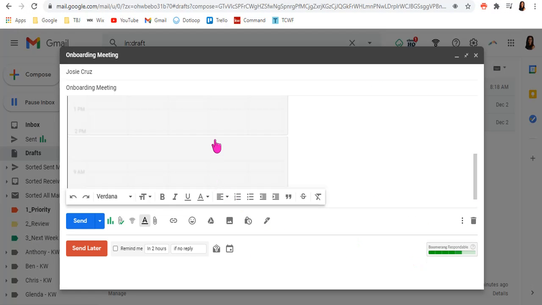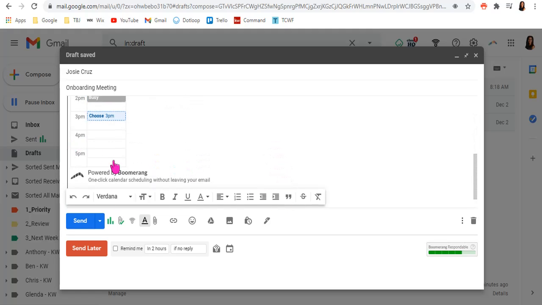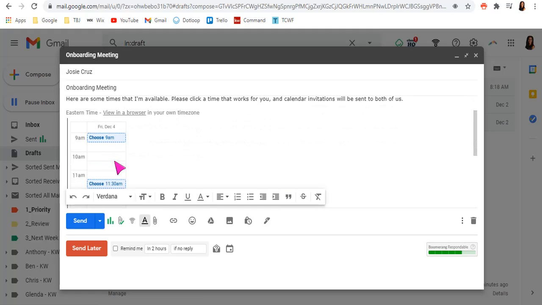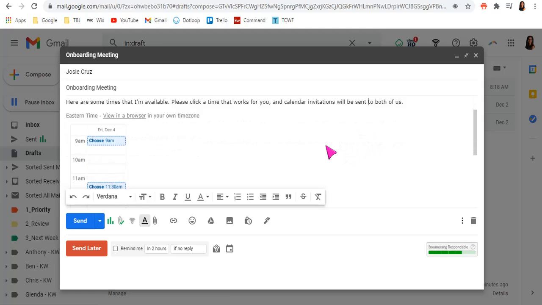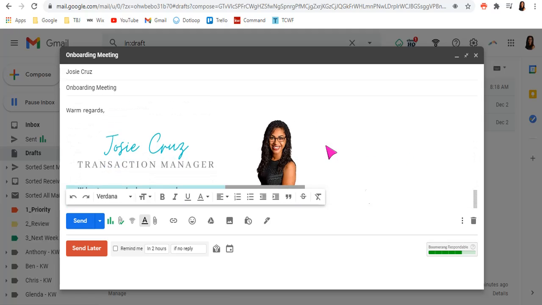Insert into email, and it is going to insert those times in a very nice, it's just that one little column. These are the days I have available. It'll also say, here are some times that I'm available. Please click a time that works for you. And calendar invitations will be sent to both of us. So when I send this to her,